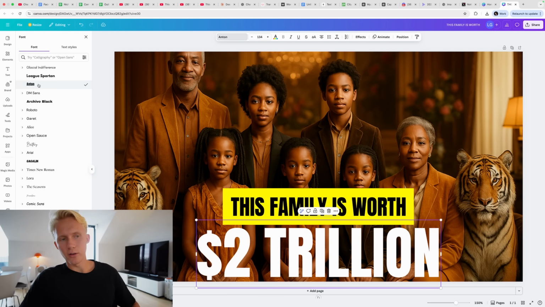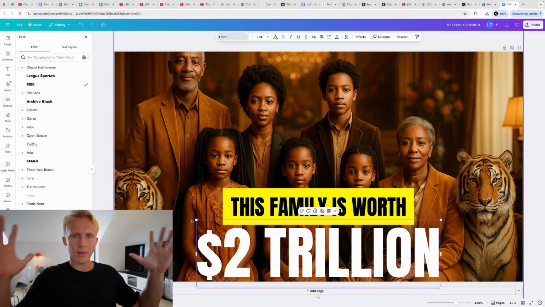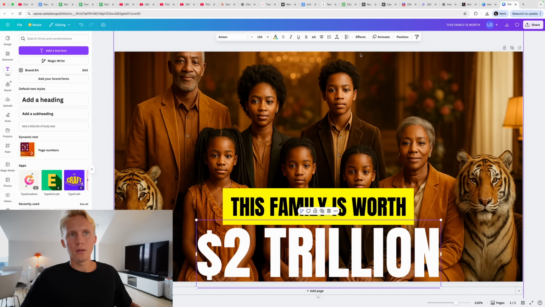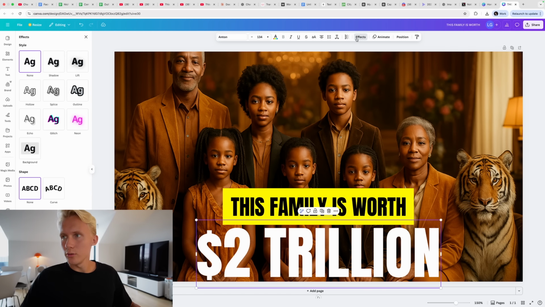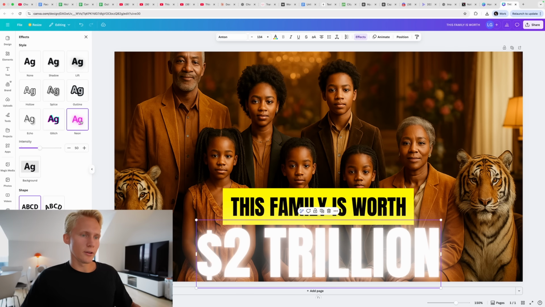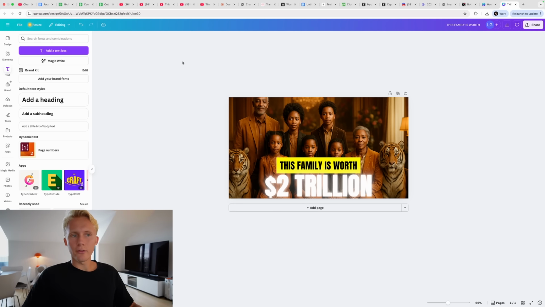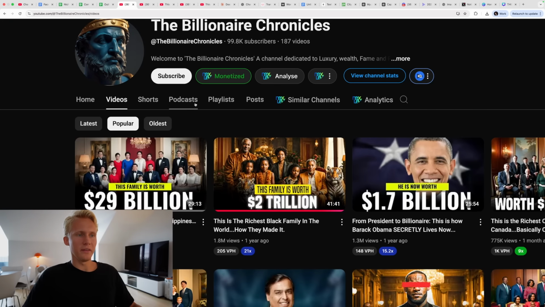This one is quite good, the Anton font, because it's very compressed originally, so it fits very well in the thumbnail. So we can actually go with that. It doesn't look too bad. Like this. Effects, you would then press on effects in order to add the glow. You'll find the neon here, and all of a sudden you can see that we have the glow effect on the text.